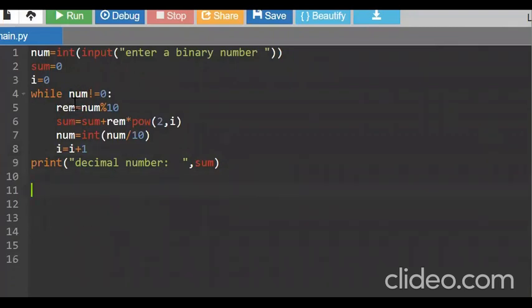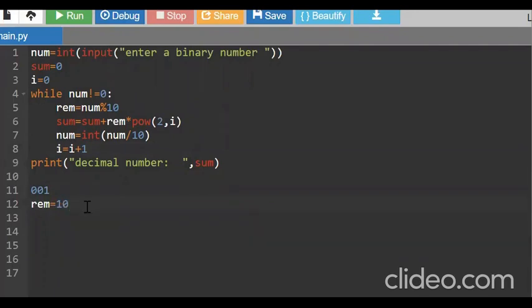My num value is 001. So my remainder is equal to num modulo 10. I'm going to take the rightmost last digit, which is 1. So 1 modulo 10 is equal to 1, and my remainder value also becomes 1.